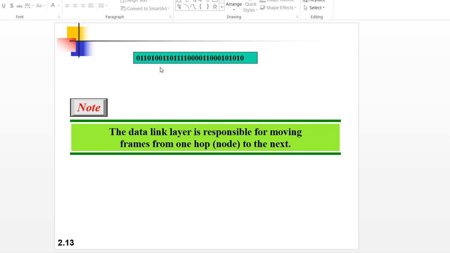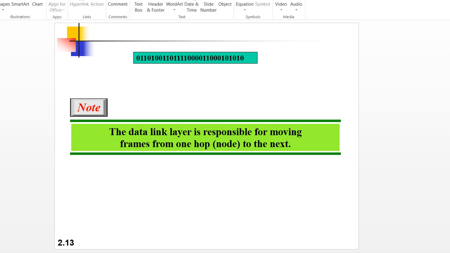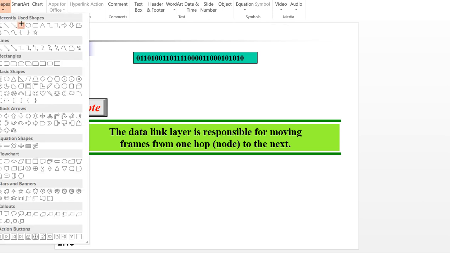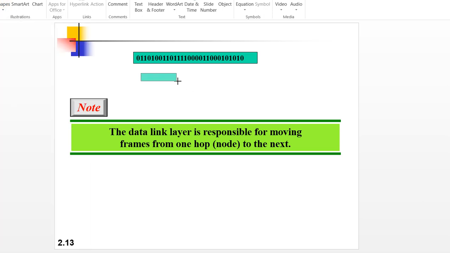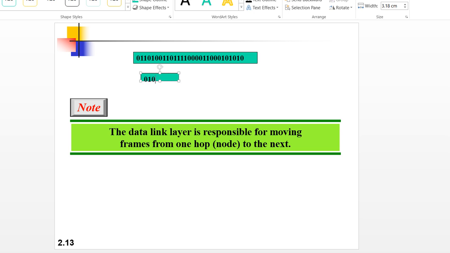Say, for example, 15 bits are there. In the data link layer, it converts those 15 bits into frames. I will write 0 1 0 1 0 1. Say these are 5 bits. The first 5 bits will be taken.